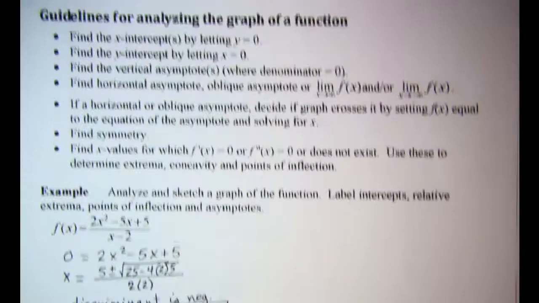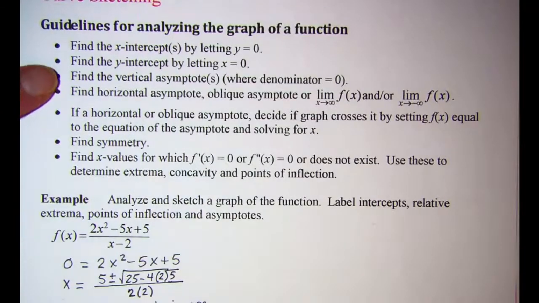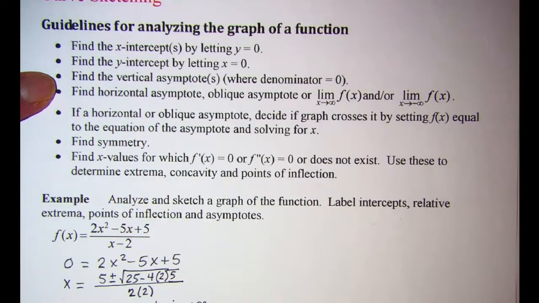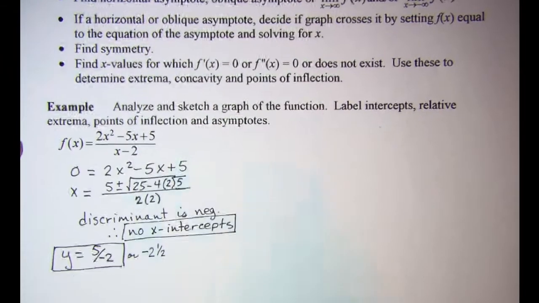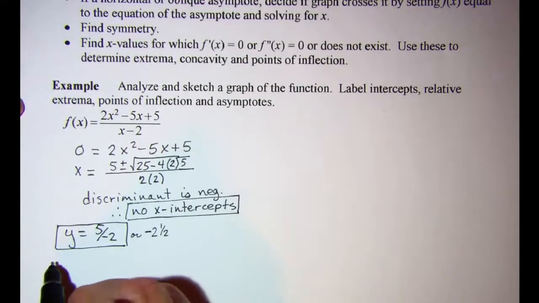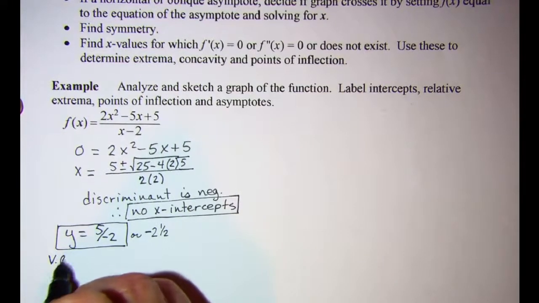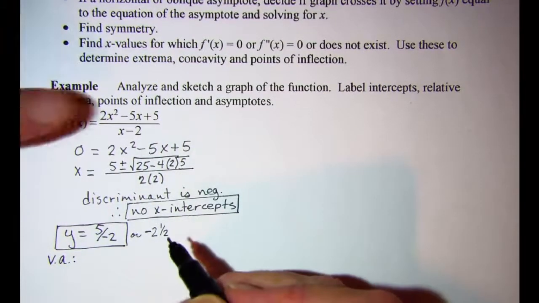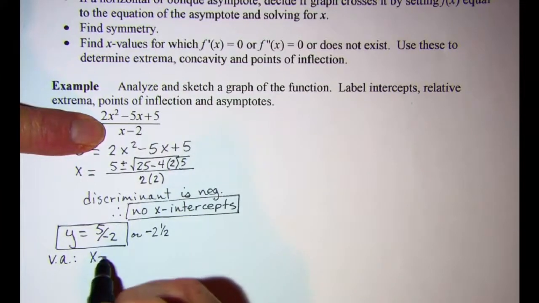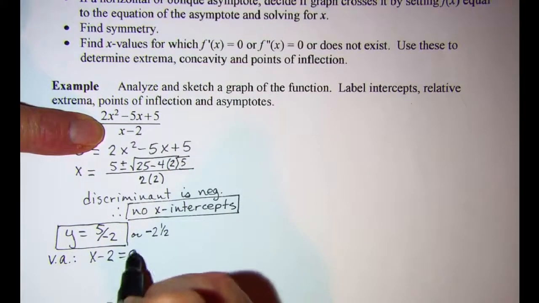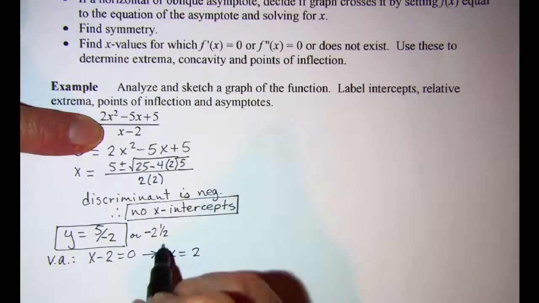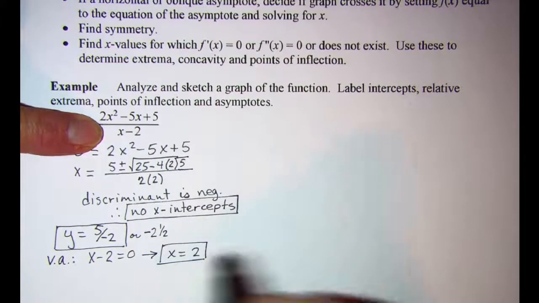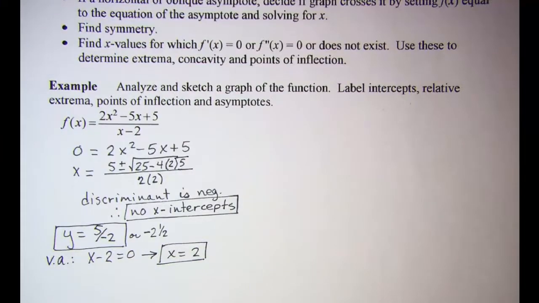My next step is to find the vertical asymptotes, where the denominator is equal to 0. So my vertical asymptote will be x minus 2 equals 0, or x equals 2. If we draw that in,